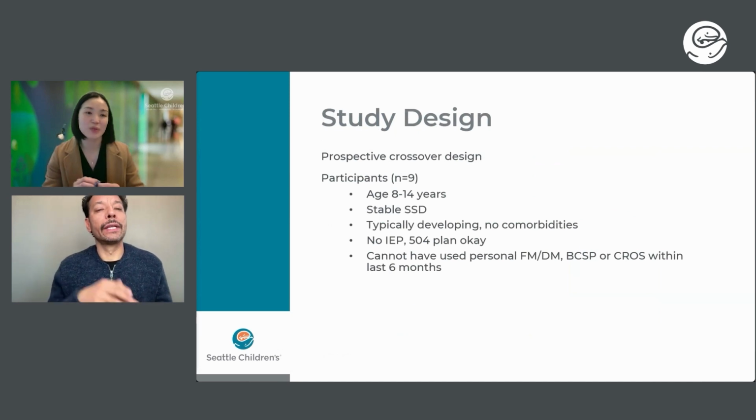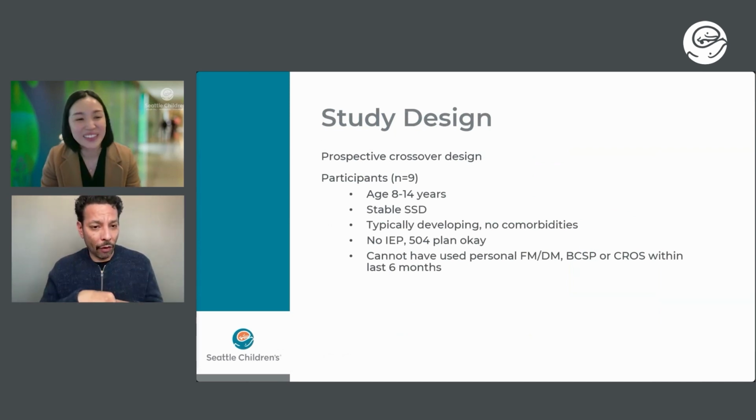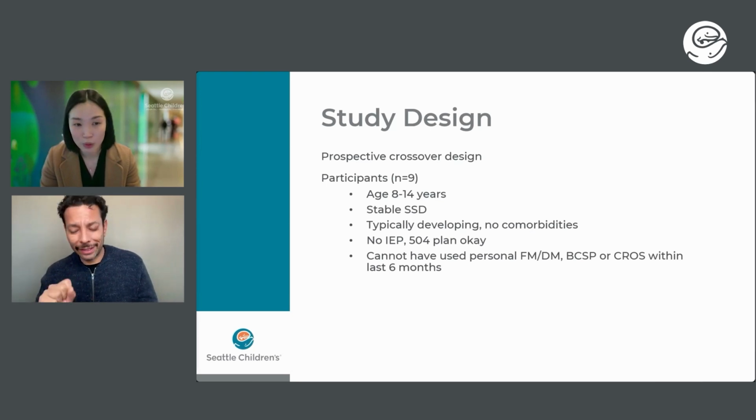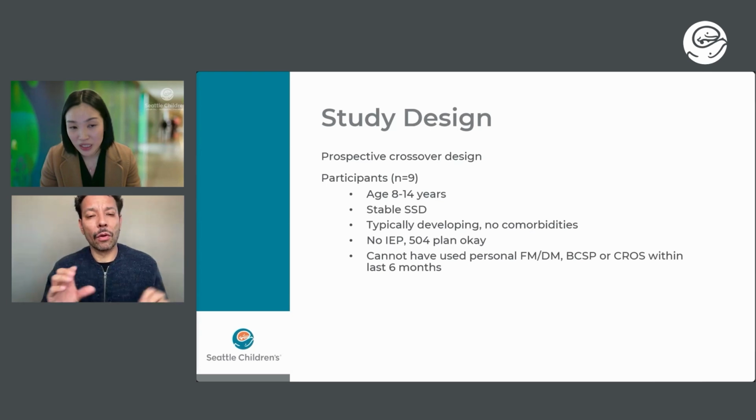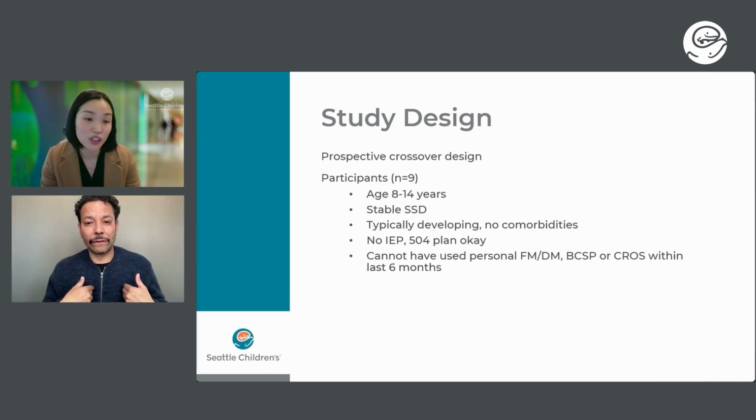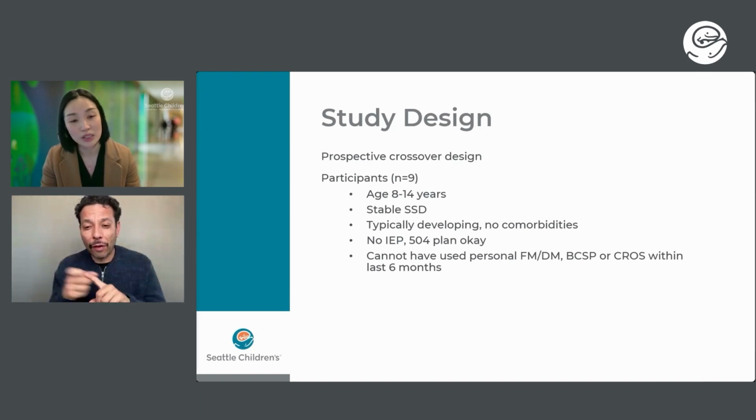Our study design was a prospective crossover design. We had 9 participants. I'll talk about why our N was so small in a little bit. They were aged 8 to 14 years with stable single-sided deafness, typically developing with no comorbidities. Kids could have a 504 plan to participate, but not an IEP. That was just to make sure that they are performing at grade level and able to read all of the questionnaires on their own, and ask for clarification from the investigator only when necessary,